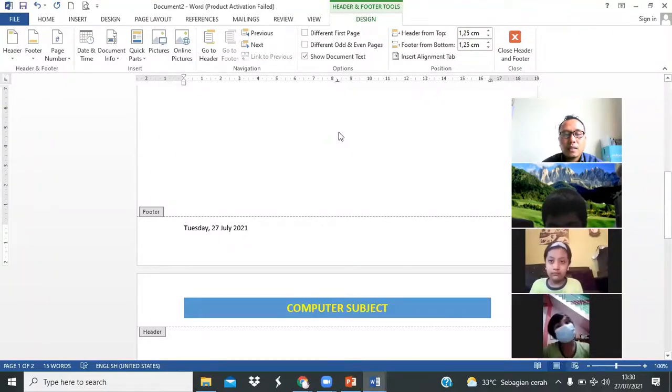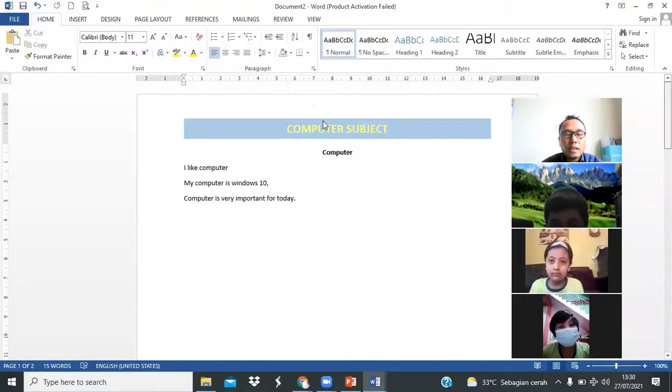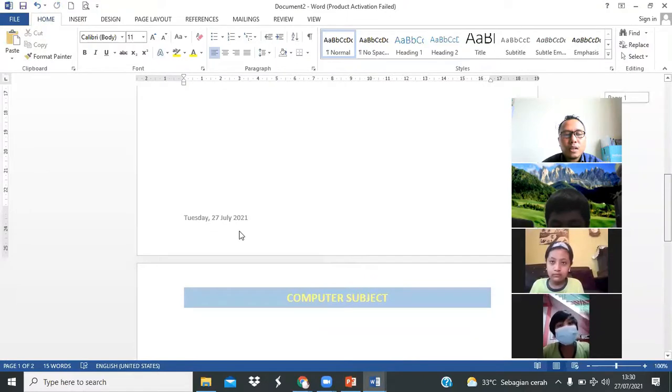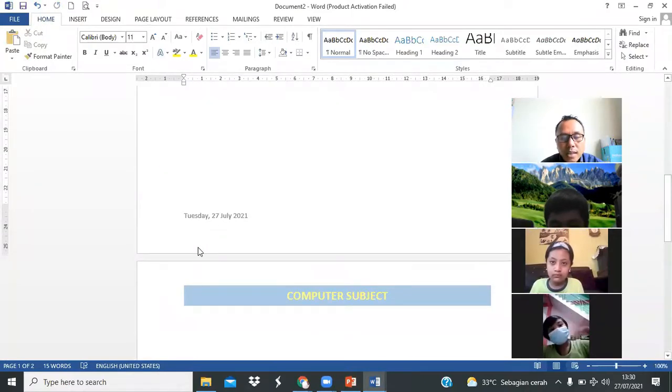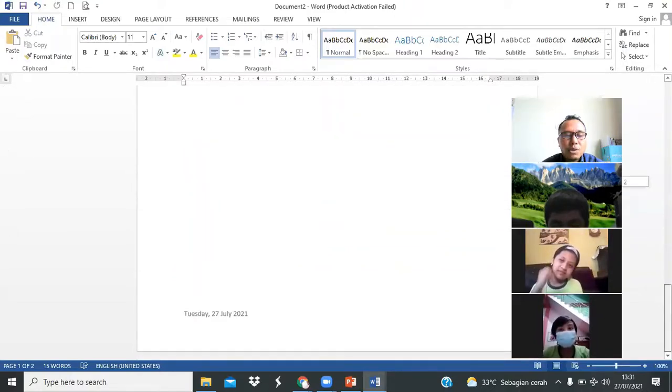Already. This one is the header, and we can see the footer. Let's try to see page 2. It has it also, kid. This is page 2. So easy, Angelo, to make a header and footer.